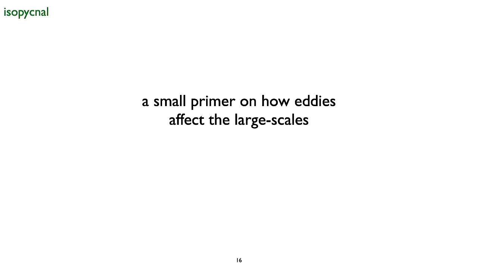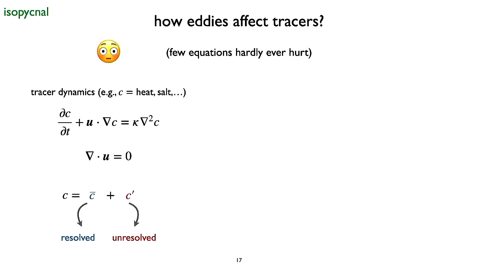Yeah. All right. I'll talk to you a little bit about what all these eddies do, how they mix, or how they affect the circulation, and a little bit about the parametrization that is very common in ocean models. Perhaps you've heard it before. It's the mesoscale parametrization or the Gent-McWilliams parametrization. We don't need that in the atmosphere because in the atmosphere the mesoscale eddies are much bigger, so we have the adequate resolution to resolve them. But in the ocean, we are at the point that we still need them.